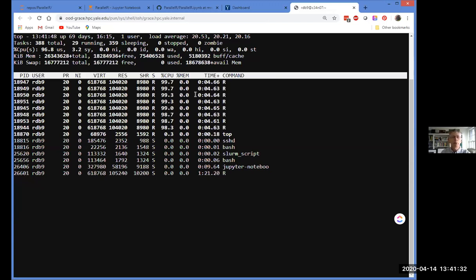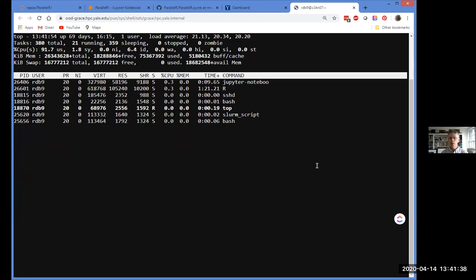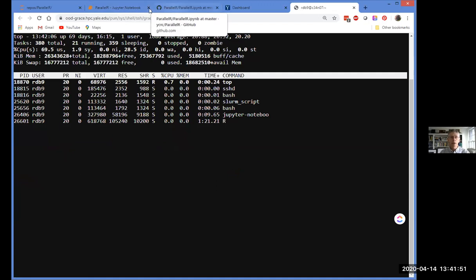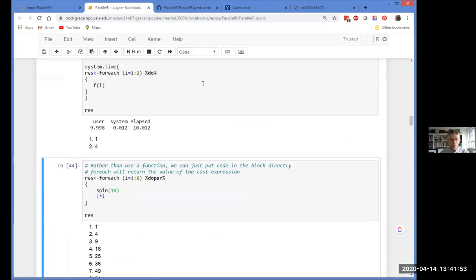So you can see that pretty quickly these R jobs run up to 100%. And so I've got basically 8 processes that were briefly running there at 100%. And so why do I show you this? I think it's really important when you're running parallel executions that you check that your code is actually running in parallel, that you're actually using all of the CPUs that you allocated, and that your code is doing something with each one of them.